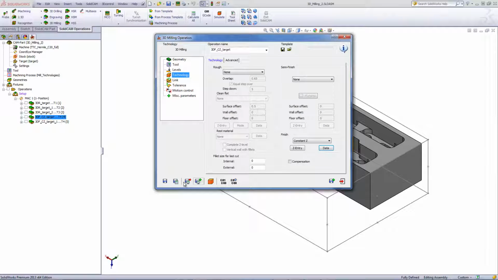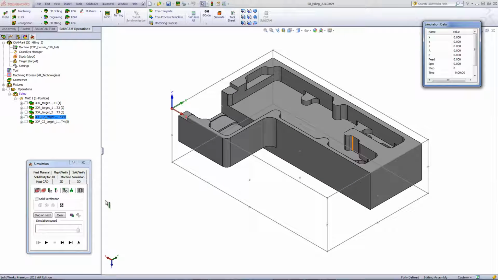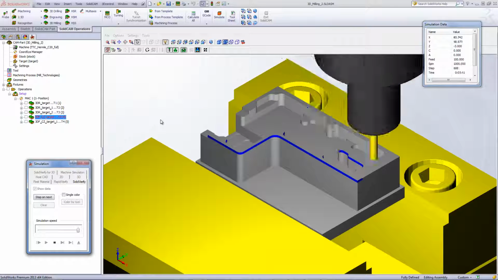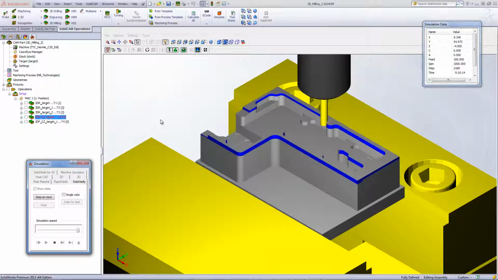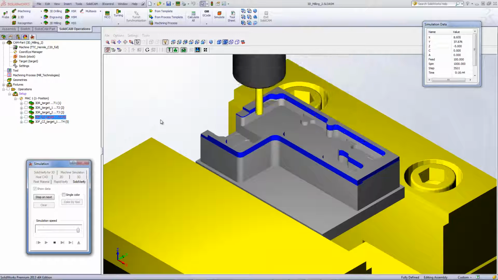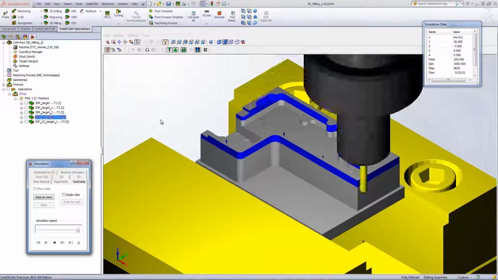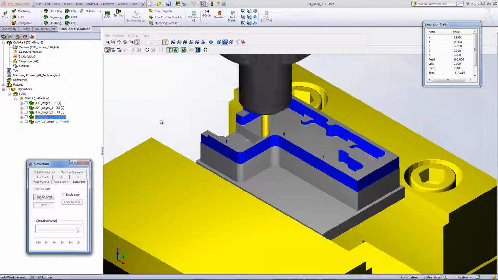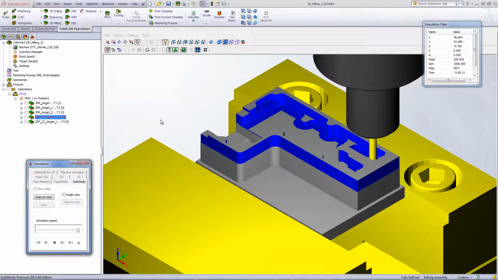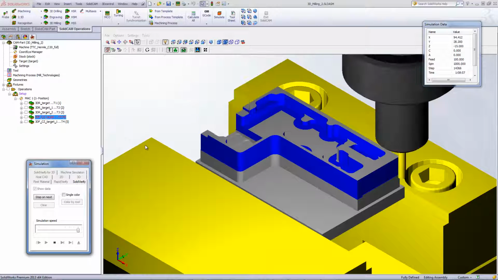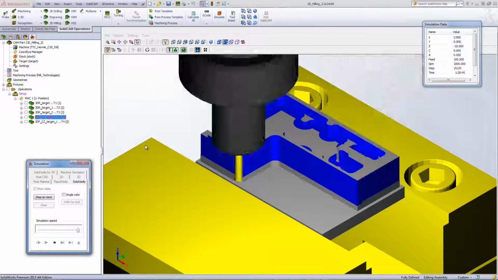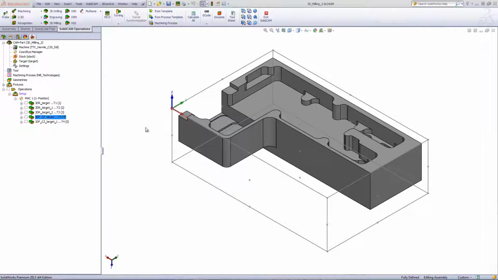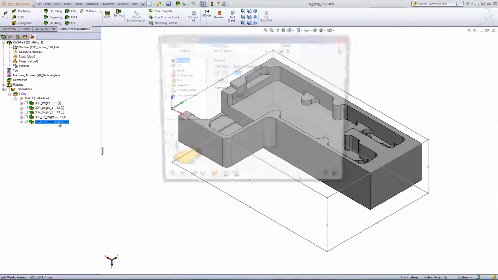Taking a quick look at the simulation, you'll see that the tool will only work on the walls themselves, not touching any of the floors. As it goes down, clearing off all the walls as shown over here until it gets down to the very bottom of the part. Now to finish off the floors, we'll be doing almost the exact same thing with the